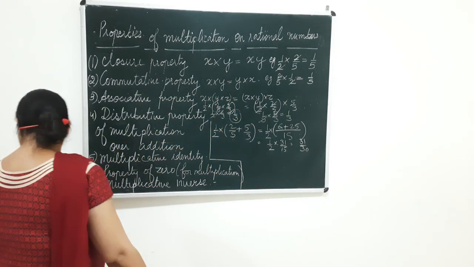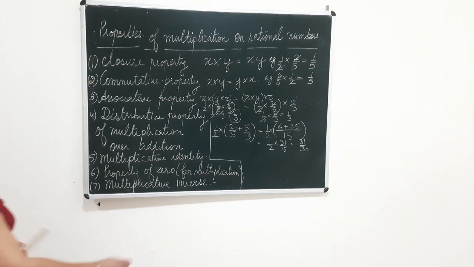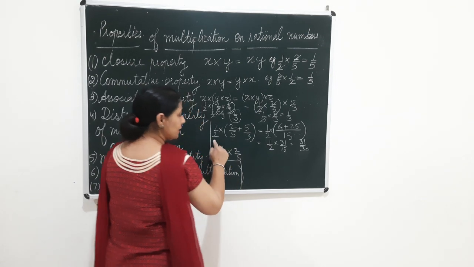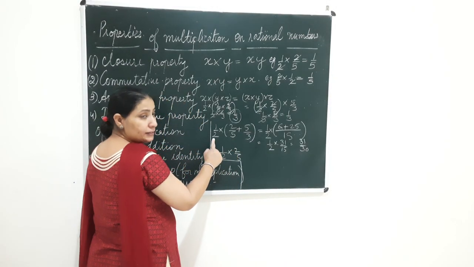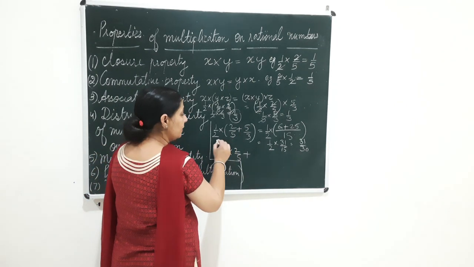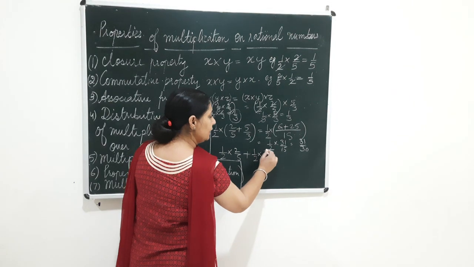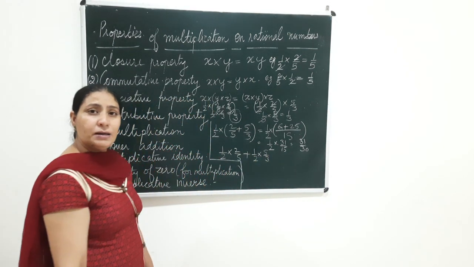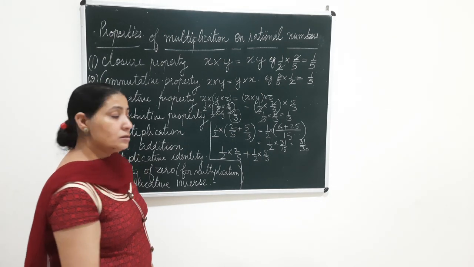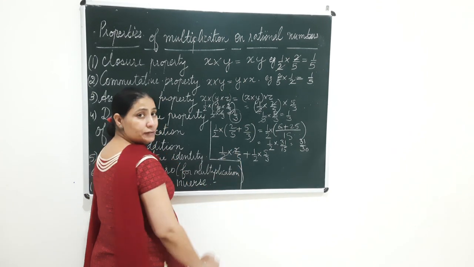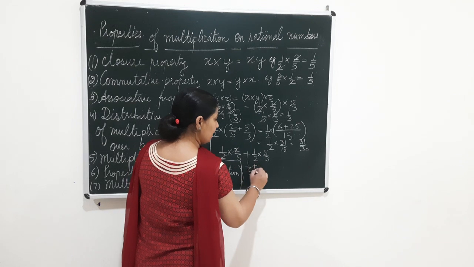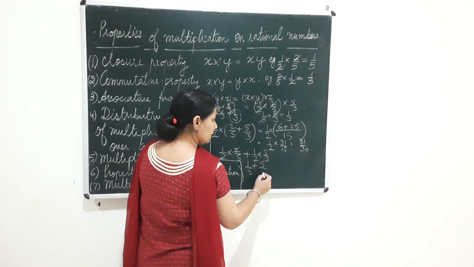Now just see, beta, if I take 1 by 2 multiplied by 2 by 5, I distribute it, meaning I multiply the term outside the bracket with the first term and then I put a plus sign and I multiply it with the second term, 5 by 3. Do I get the same answer? If I am able to get the same answer, that means my distributive property holds. Now for that, 2 gets cancelled with 2 and what you get here is 1 by 5 plus 5 by 6.